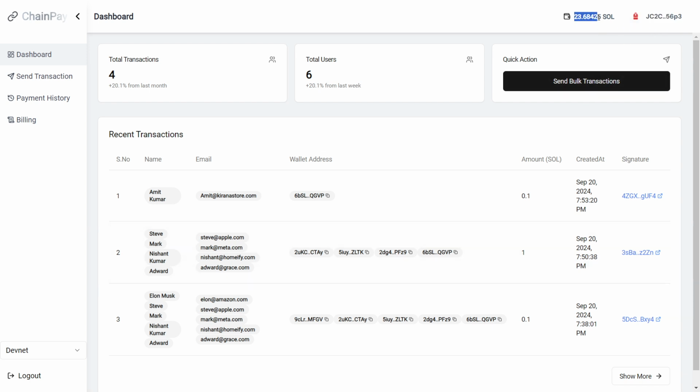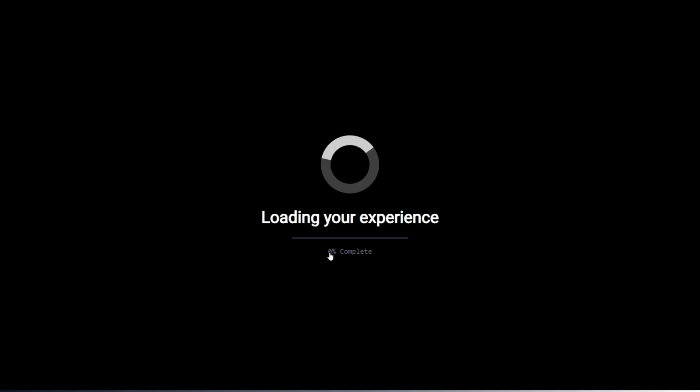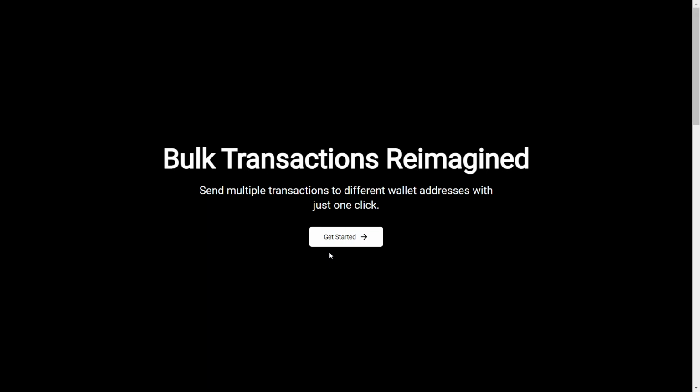And this wallet address has 23.6844425 SOL, and I want to change to the mainnet network. Yeah, definitely I can change, but on the mainnet network I do not have any SOL, so definitely here it shows 0.00 SOL. And this is the button, and I just click on logout, and finally the session will end, and it will redirect to the home page. So after clicking, it will redirect to the home page. Okay, bye, thank you.